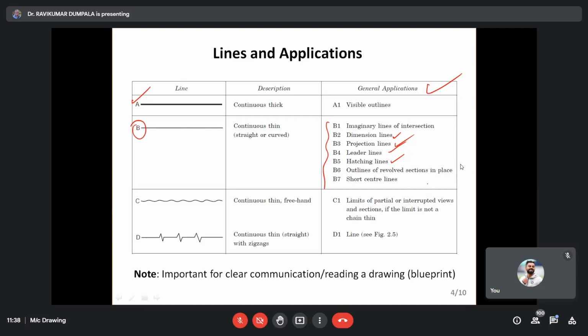So other small applications are there. At the end I also showed a picture with all the designations A1, B1, B2, B3, B4, B5, B6, B7. Some may be there, some may not, but most of the things you get. The purpose of this assignment is to understand these things. Don't ignore, don't just copy. Please try to learn from it, and use the same principles and conventions accurately in your future sheets and assignments.